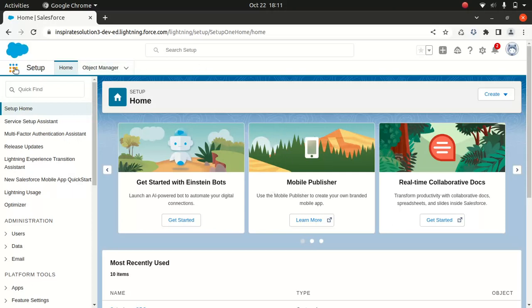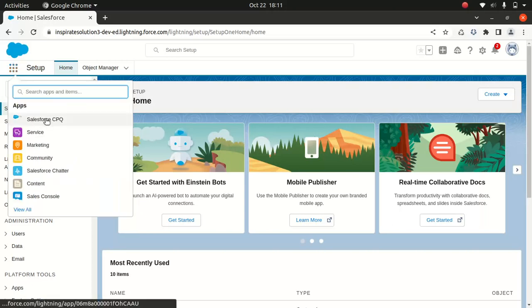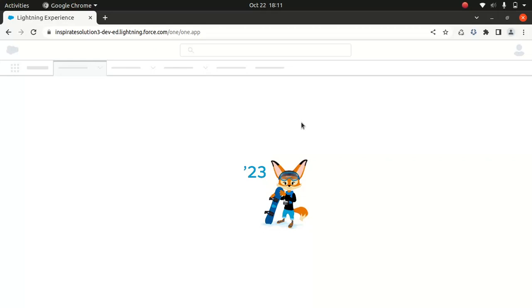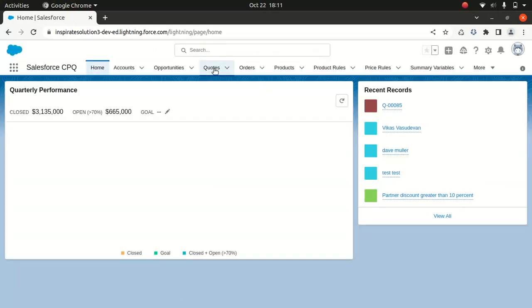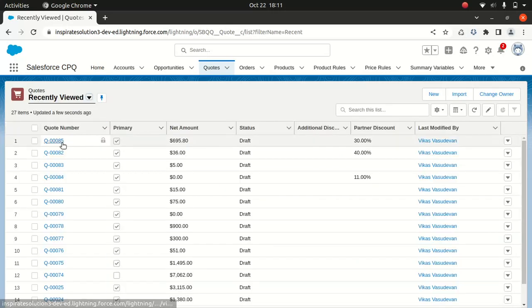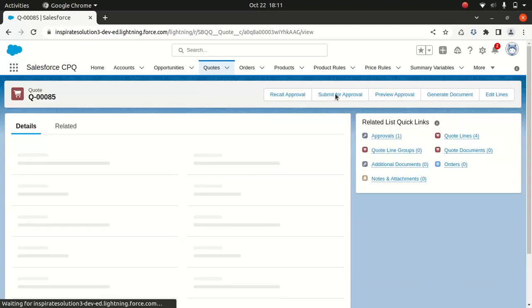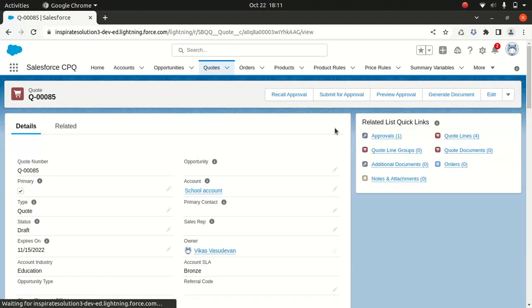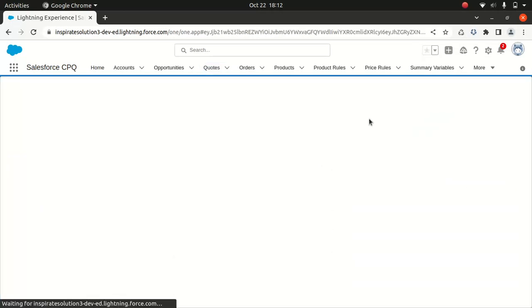So I'll go back to the same quote. I just go to the Salesforce CPQ, go to quote, and pick up the same quote. If you remember last time, I created this quote and set up the approval rules and approval conditions behind the scenes. So when I create a quote which matches the criteria, it's obviously going to trigger an approval process. The way to look at it is to go to the preview approval, and once you do that,